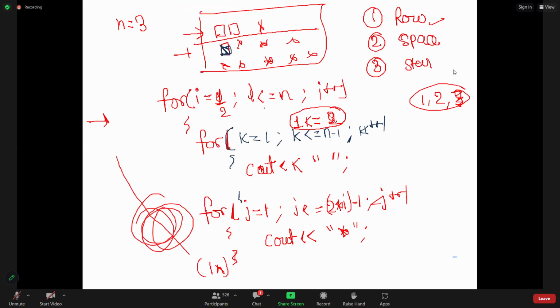In the third row, see how your space condition will be n minus I. N is 3. I value is 3 for the third row. 3 minus 3. So you will check 1 less than or equal to 3, and the condition will be false. And when the condition is false, you won't print any space. So that is why for the third row, no